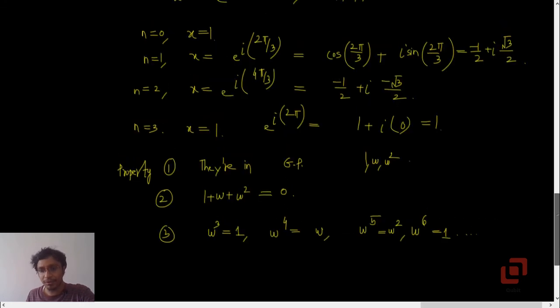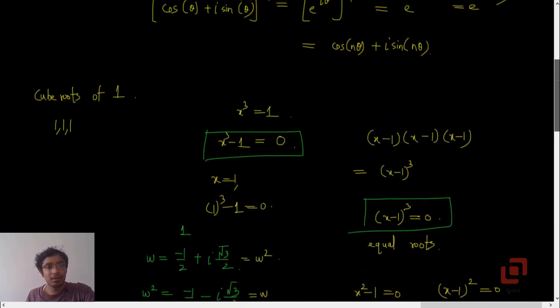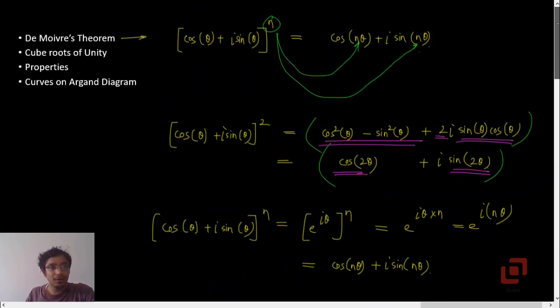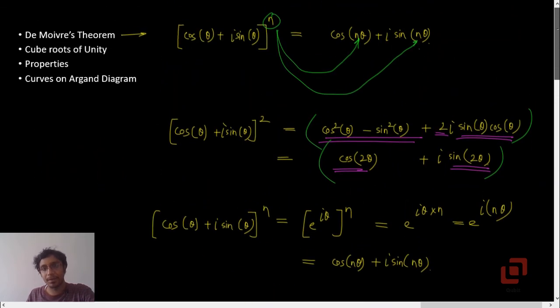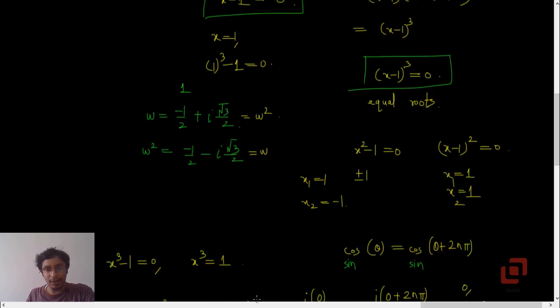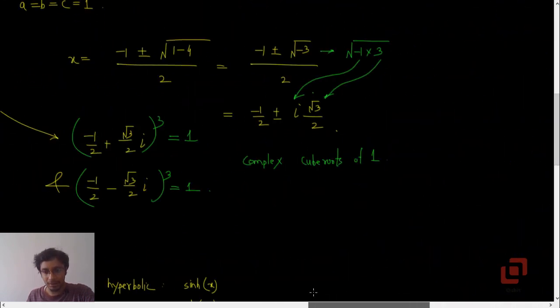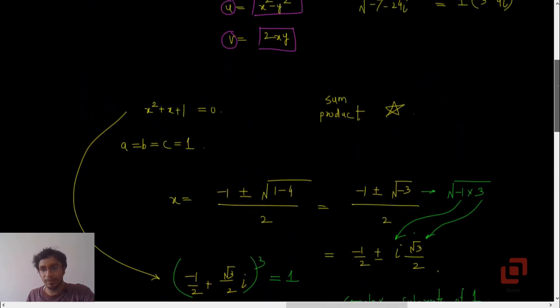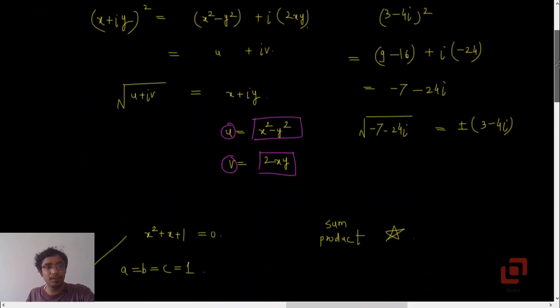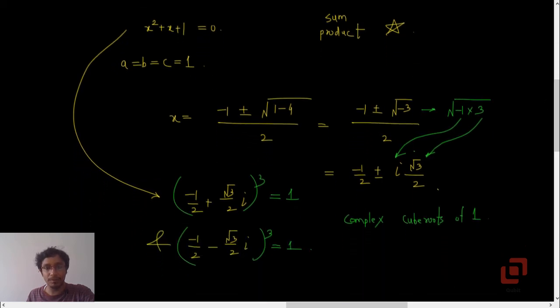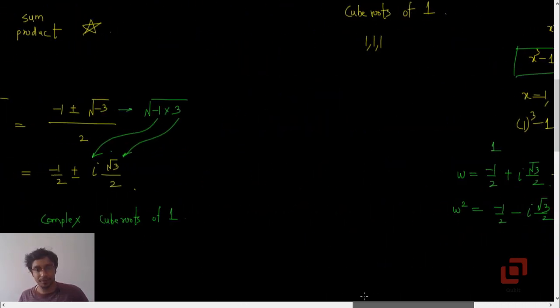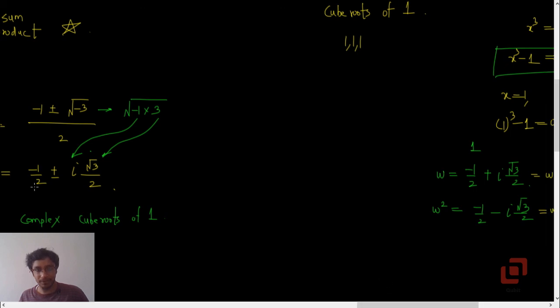Okay, so this is regarding the cube roots of unity and their properties. Now if you go to the quadratic equation that I solved for you to explain how to solve the previously unsolvable quadratic equations, if you compare these roots of the quadratic equation with our omegas, you will find that they are the same. Okay, negative 1 by 2 plus or minus i root 3 by 2, and we have got the same things here.